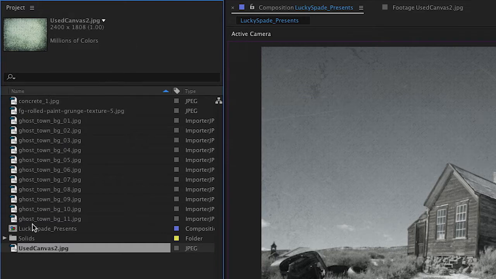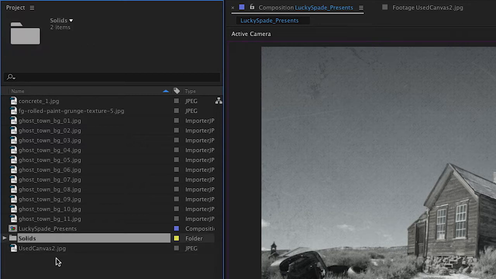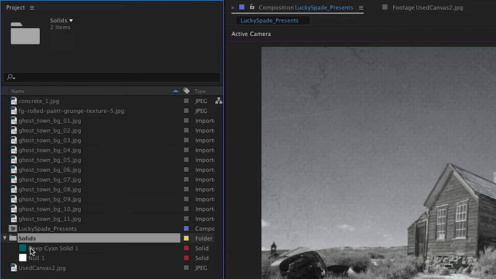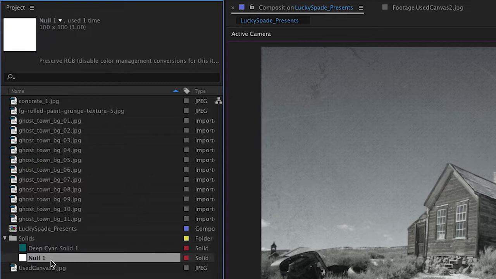Then let's go down to the bottom of that panel and click once on the solids folder to select it. And then click on the triangle to the left of the name to open the folder. And you can see it contains a deep cyan solid and a null object. Anytime you create new layers like a layer solid, null object, or adjustment layer, they'll be automatically added into the